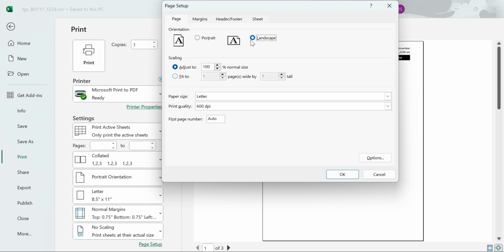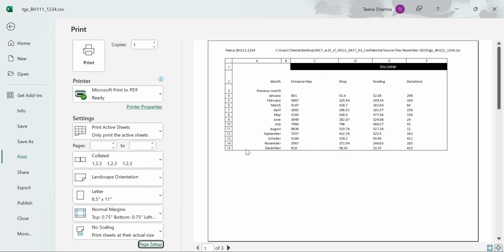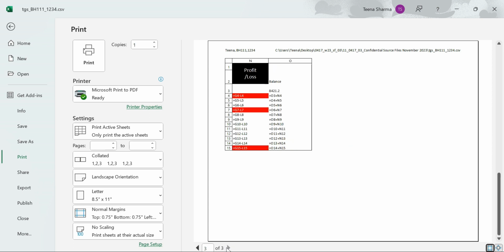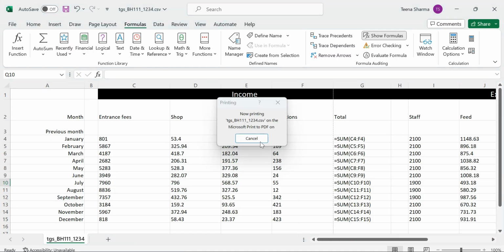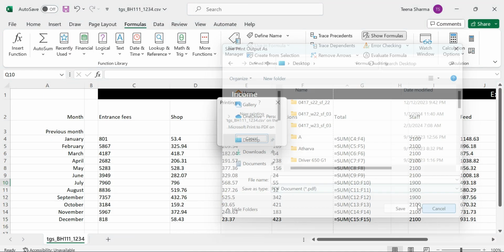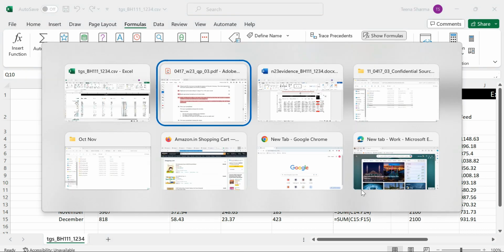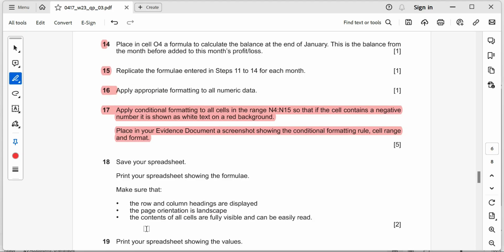Page should be landscape. Okay. Yes. So we'll just give the print. Next,